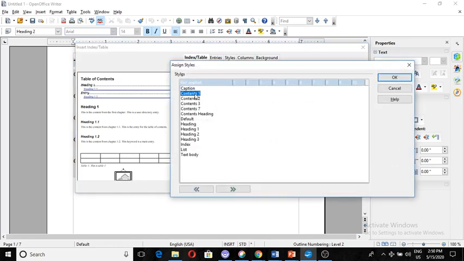Now you want content 1 to be placed at whichever level you want. You just click once, and it will go to the right. Level 2, if you click it, will move to level 3. So wherever you want to place your content, at whichever level, you can do it.